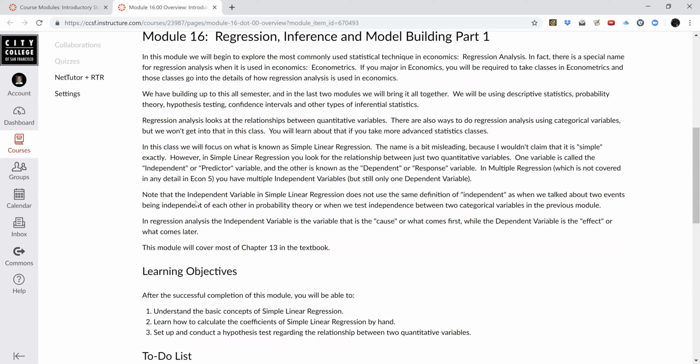In other words, the thing that comes first, or what you're using as a predictor to predict the value of some other variable. Okay, so the word independent can be a little confusing because it's used in these two different senses in statistics. And in this module, we're going to be using independent to mean the variable that comes first, or what you might think of as the cause. And it's not always obvious which variable is the cause and which variable is the effect. So that's something you need to think about.